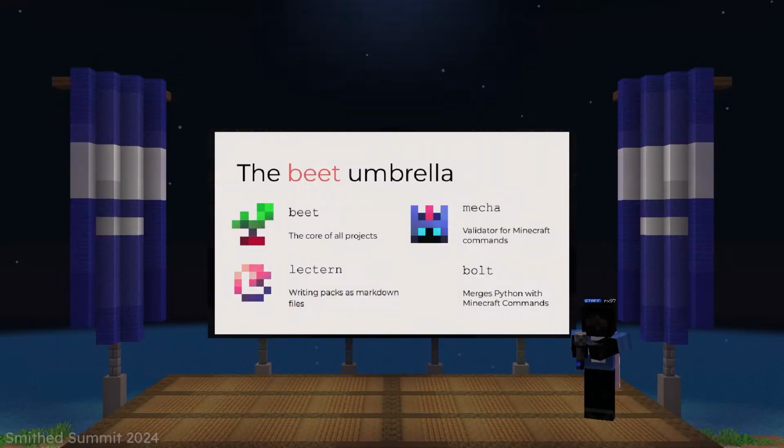So in the point of view where Beet understands the data and resource pack from a higher level, function objects, root table objects, etc., Mecha understands the commands within the MC function, understands the say command, the tolerate command, the execute command. It uses something called an AST, which is a concept in computer science that talks about syntax. And it's a little bit magical, but it allows you to operate on those commands from a code point of